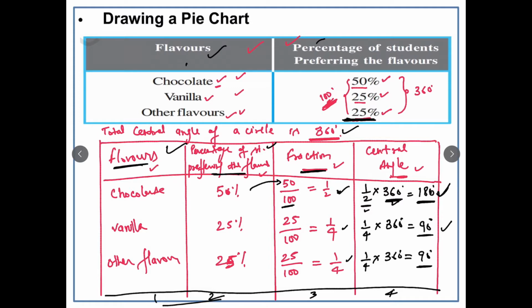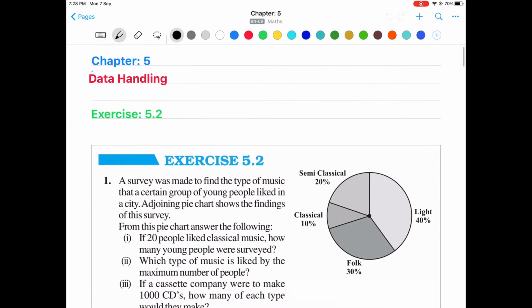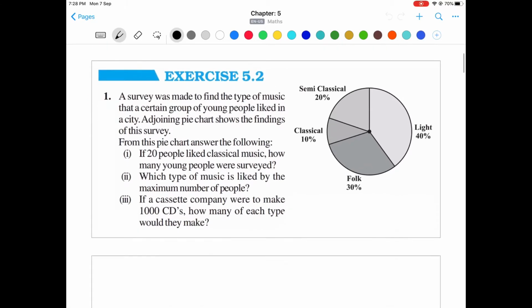Okay, so based on this we have exercise 5.2, which includes questions based on the pie graph. So now let's move to the exercise. Exercise here is 5.2. This exercise has a total of 5 questions. We'll do all the questions one by one. So the first question here is,